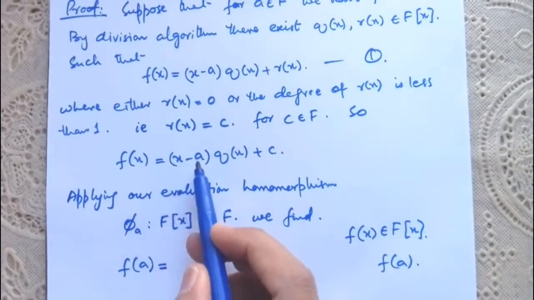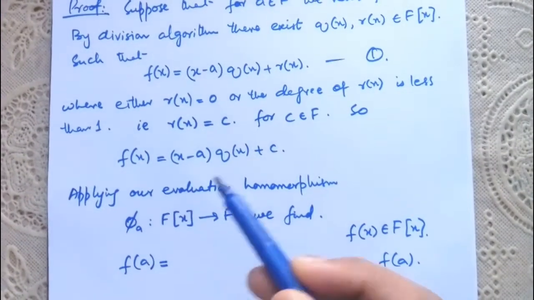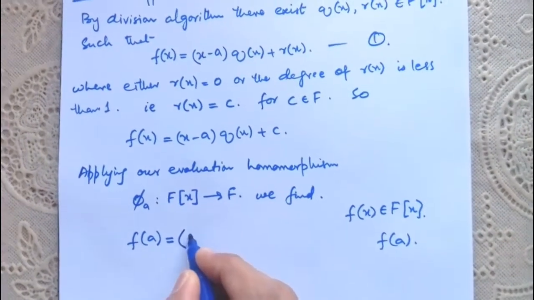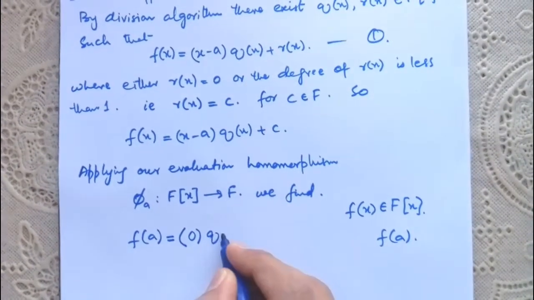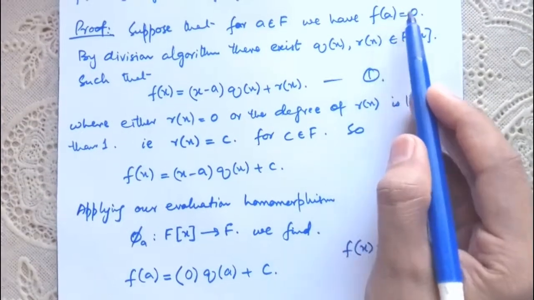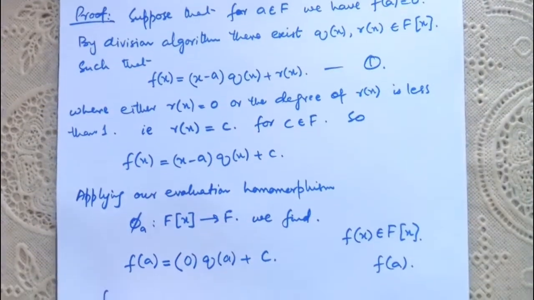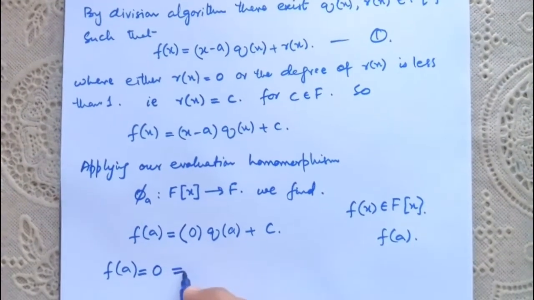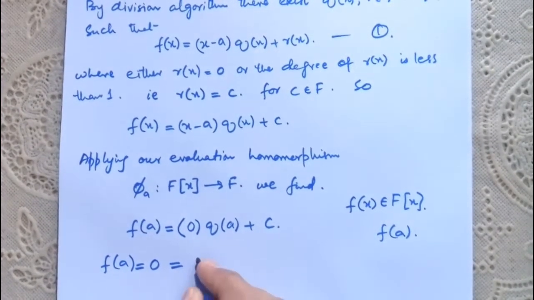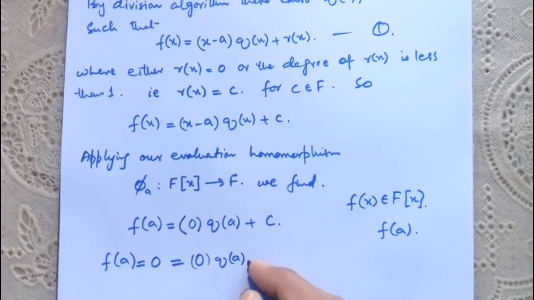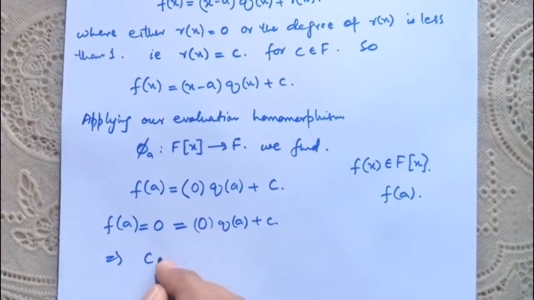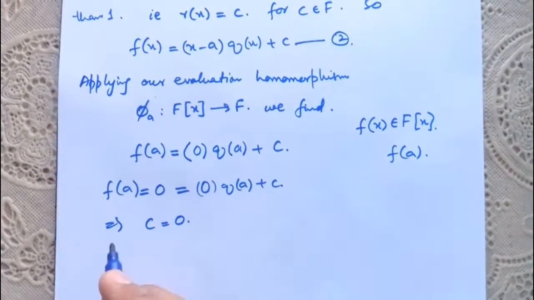is equal to x minus a, meaning we replace every x with a. So when we replace x with a here, it becomes zero times q of a plus c. But we have f of a is equal to zero, so f of a is equal to zero times q of a plus c, 0 times q of a plus c, so it implies that for this expression to be zero, we have to set c equal to 0, so equation 2